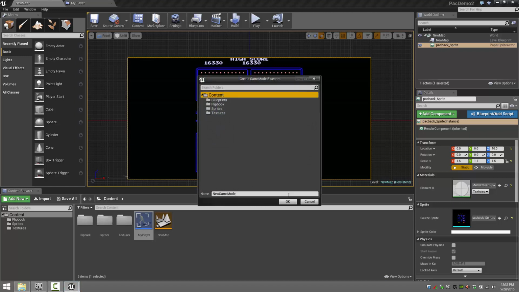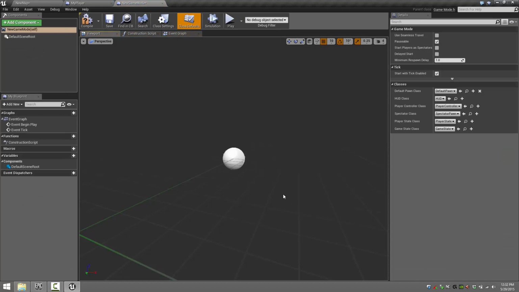We'll create this in the root folder. Oh, I have a blueprints folder. Why am I not using it? All right, that was stupid. Well, anyways, here is now our game